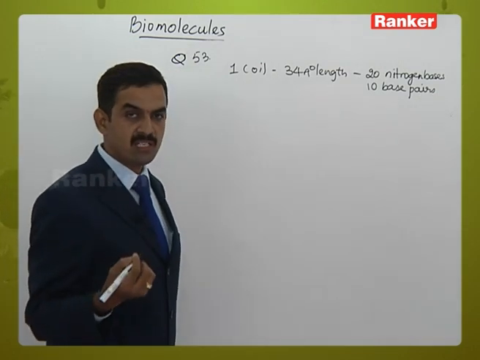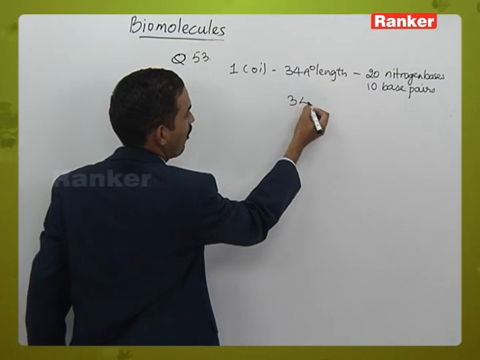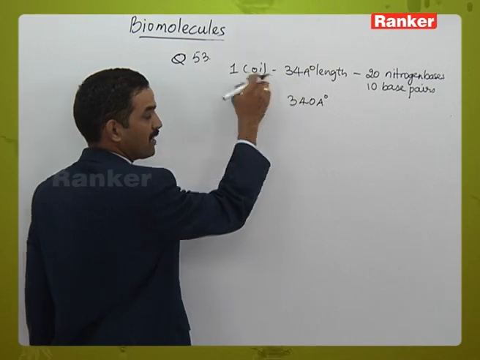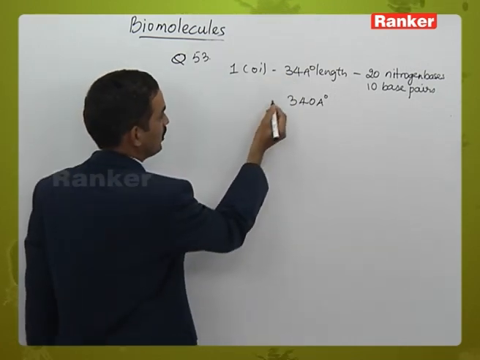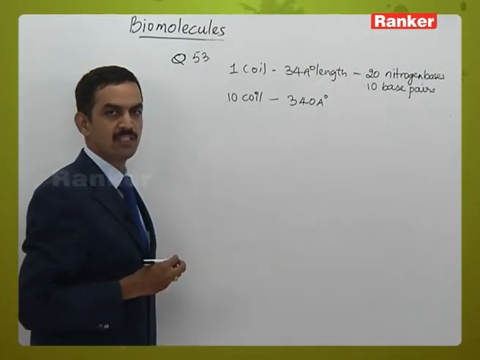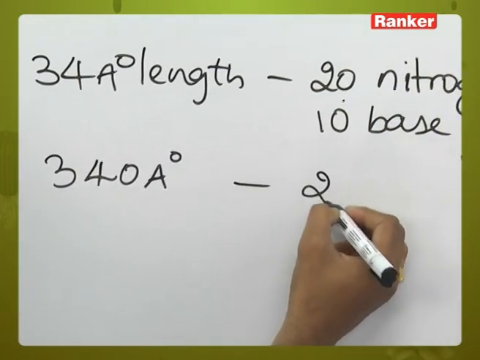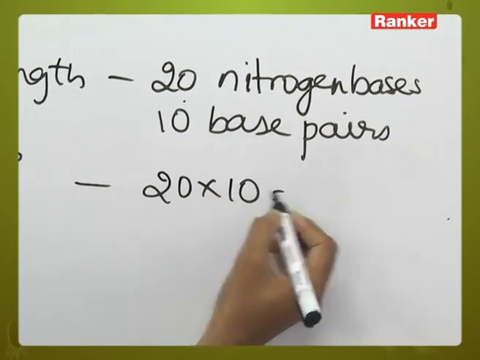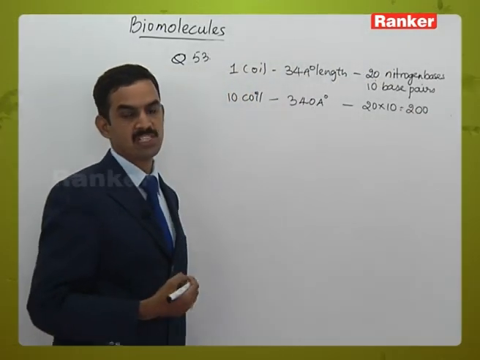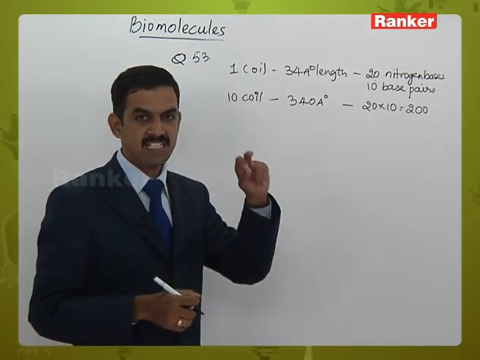Now in the question they said that the length of the DNA molecule is 340 angstroms. 340 is 10 times that of 34 angstroms. So the number of coils formed by this DNA molecule is 10 coils. When it forms 10 coils, 20 nitrogen bases into 10 in each comes to 200 nitrogen bases. The total number of nitrogen bases present in the DNA given in the question is